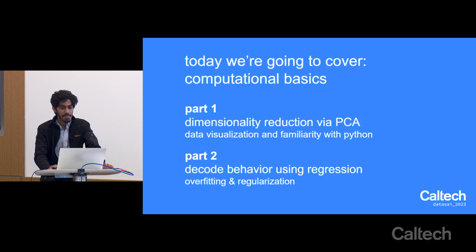All right? OK. So the things we're going to cover today in this first session are go through dimensionality reduction via PCA. The real reason we're doing this is to get you guys familiar with Python. If you guys aren't that familiar, this will be a brute force way of making sure that you are. You'll also learn a little bit about things like data visualization, how do you plot things in Python, and so on. In part 2, we're going to talk about decoding behavior using a simple linear model. And through that, you'll discover a lot of very commonly seen things in machine learning. You'll learn about what's overfitting. You'll learn about regularization, which is a method to combat overfitting. And these are the kind of things that you'll learn through what we call a computational basics section.